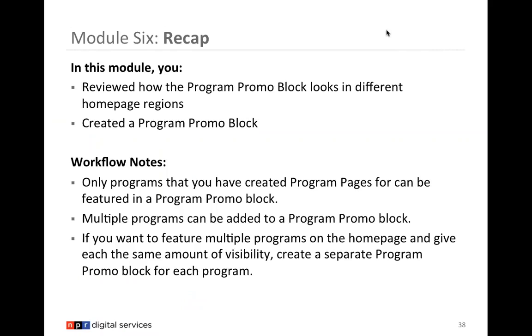But in this module, we reviewed program promo blocks, their looks in different homepage regions, and then we did create a program promo block. So remember that only programs that you have created program pages for can be featured in a program promo block, and multiple programs can be added. However, if you have multiple programs that you want to give the same amount of visibility on your homepage, so you've got a couple of different local music programs,